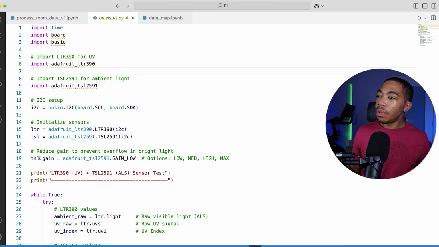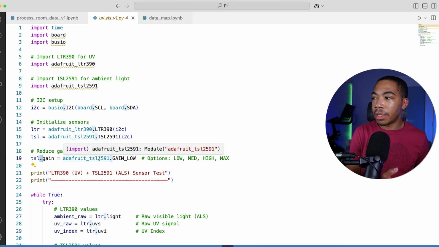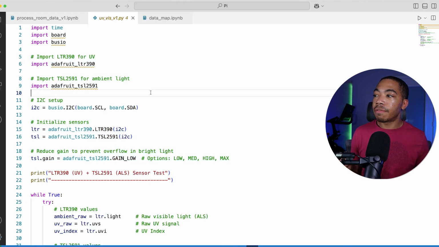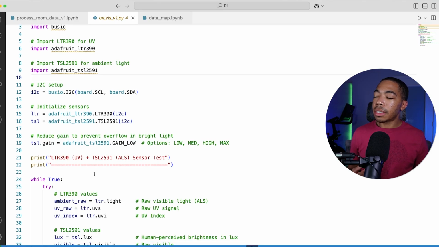In this case, I'm going to instantiate by setting my gain to low. That way I don't overwhelm the sensor. This is definitely a variable you want to play with. And all of this here is part of setting up the chip, and it's fairly straightforward once you read the documentation. Now, when I was doing some testing, I created this print statement so that I can read the output